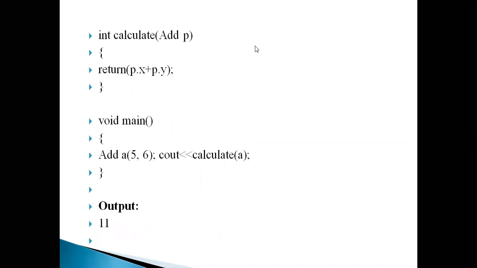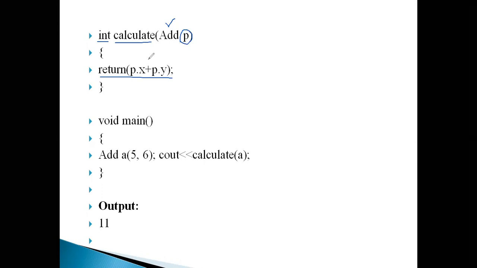Now look at this. Here I am going to define the calculate function. It is a friend function, so I am not using any scope resolution operator or class name. Simply I am defining it as a normal function. So return type, calculate. P is the object for the class add, and then in this I specify a statement: return p dot x plus p dot y. Here I am simply adding the x value and y value, where x and y are the private members. I am accessing the private members by means of the object and dot operator. The object here is p, so p dot x plus p dot y.